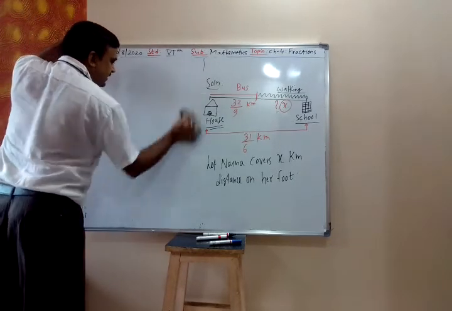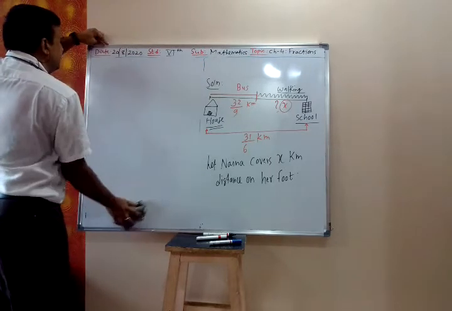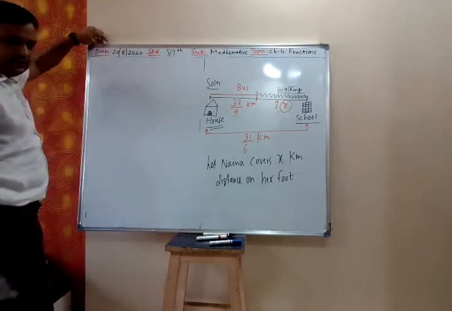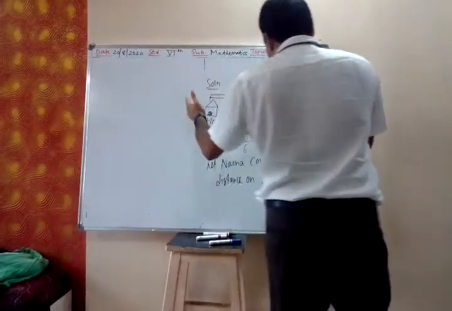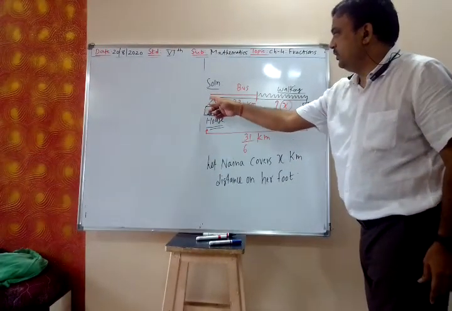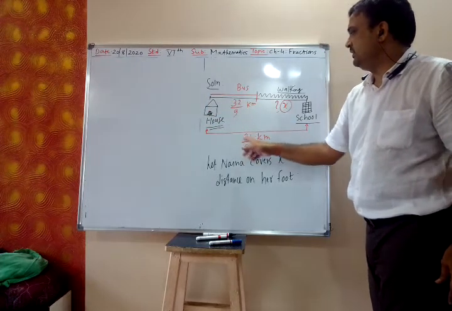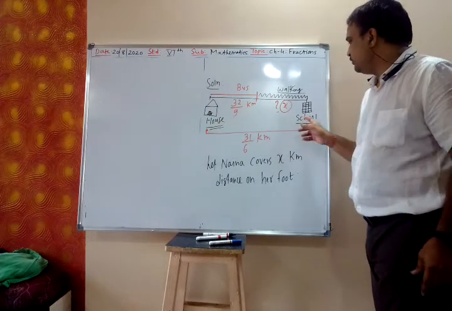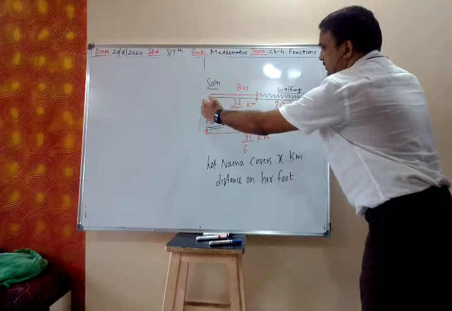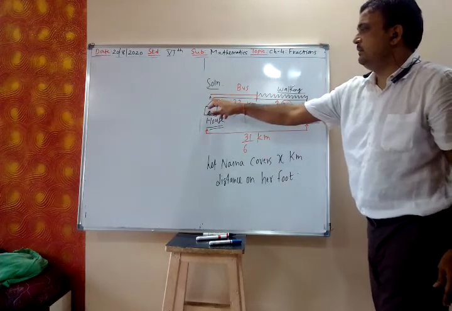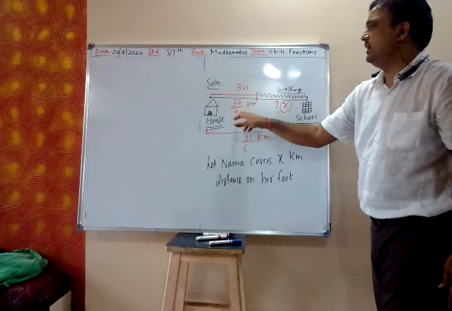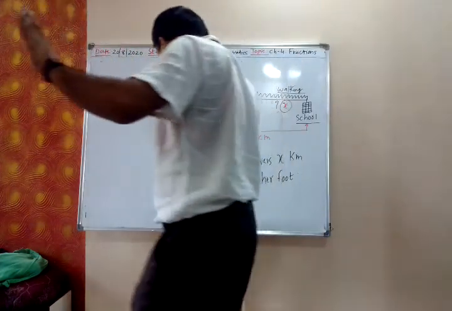How much distance she covers on her foot or by walking, that we have to find, and that I have considered as x. So now see here, this is my total distance. What is total distance? 31 by 6. The distance between house and school is the total distance, and the sum of the distance she travels by bus, 32 by 9. Yes, wait.